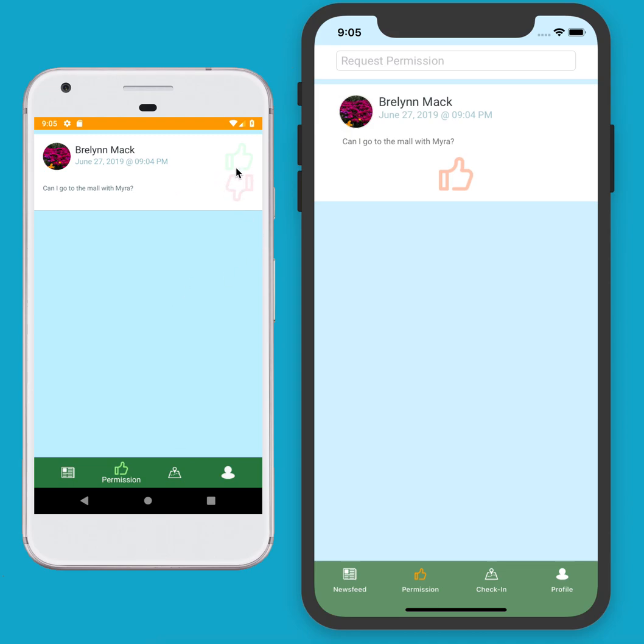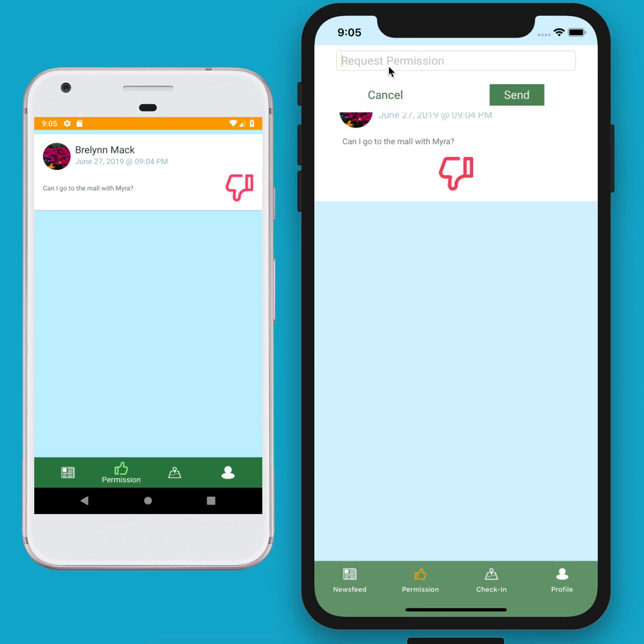So our parents over here see two buttons next to the response that are kind of washed out a little bit. That means that we're waiting for that parent's response. They can either click on the red thumbs down button to say no, or the green thumbs up button to say yes. If one single parent says no, then that request is denied even if another parent says yes. So to showcase what we're talking about here,